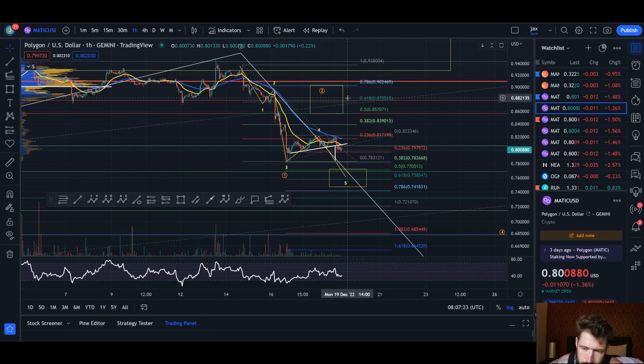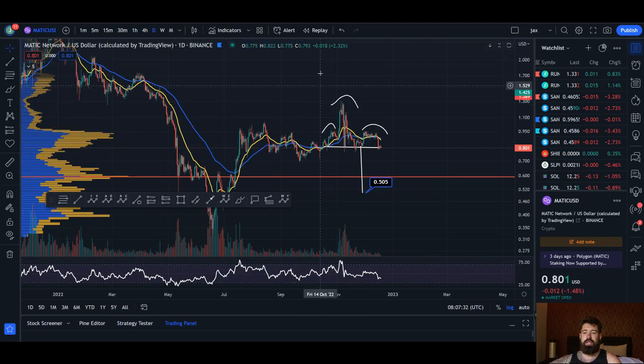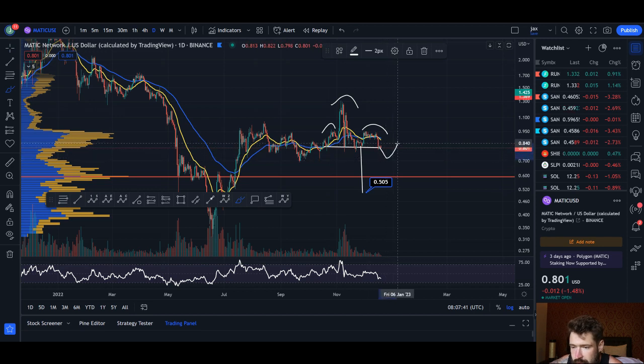If we do bounce up from here, it just means that the 5-wave move is already complete. But personally, I think we're going to see one more lower low before potentially seeing a bounce. We have to watch this head and shoulders. It's about to break the neckline, so do watch that very closely, because if we do break the neckline here and we come back up for a retest, we get rejected,